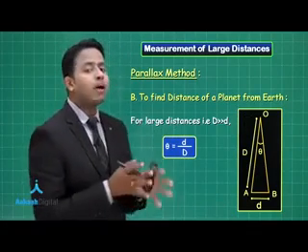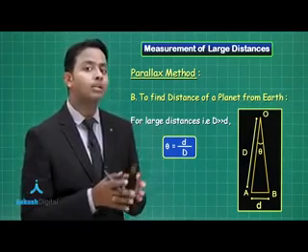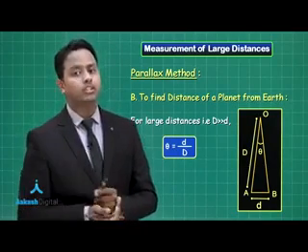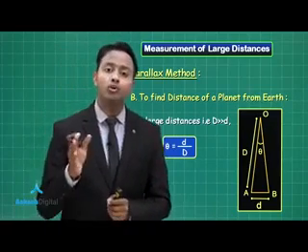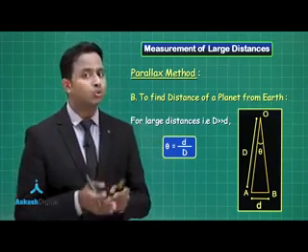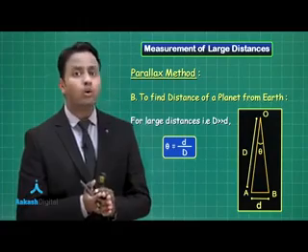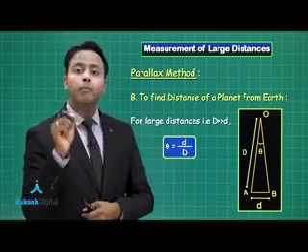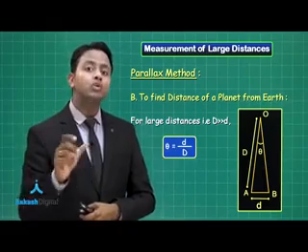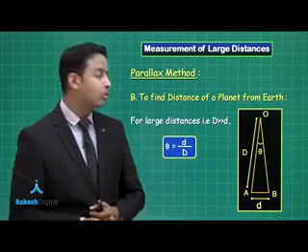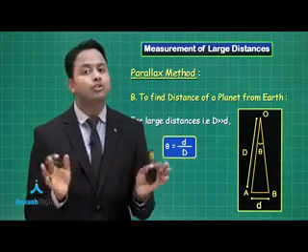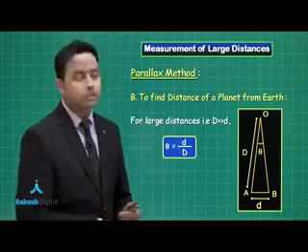So the same application that we have seen for a parallax in the previous case is exactly the same, only the observation point is different. Earlier when we wanted to find the diameter of a planet, we chose only a single location because we needed to observe two extremes of the same planet. Now here the same planet is being observed from two locations on the Earth. So we would be focusing on the center of the planet now, not on the extremes of the equator. So let's see with the question.